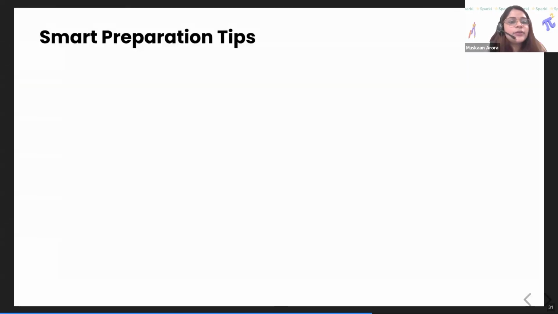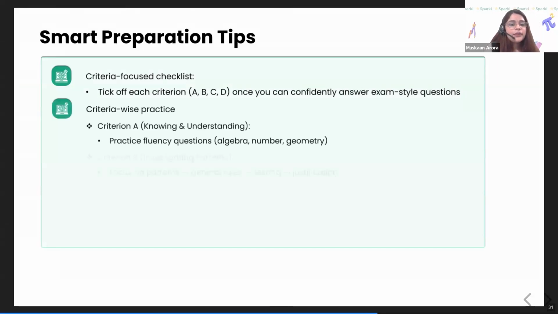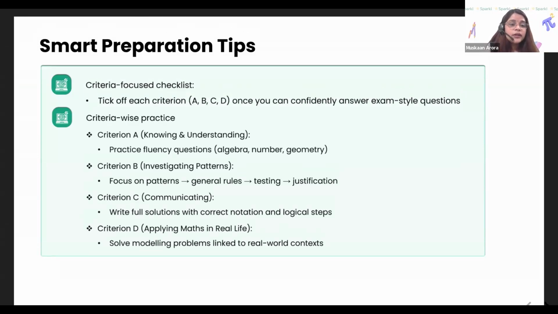All right. Now, smart preparation tips. We are also falling a bit short of time. So now we're very close to the exam, right? You must have your own preparation tips or some timetable or some strategy that you must be following right now. I want to know from you, what is your strategy right now? Are you focusing on the basics? Are you focusing on the criteria more? Which criteria are you focusing more on, if you are doing that? Let's know from you.